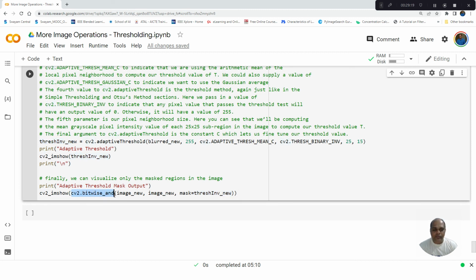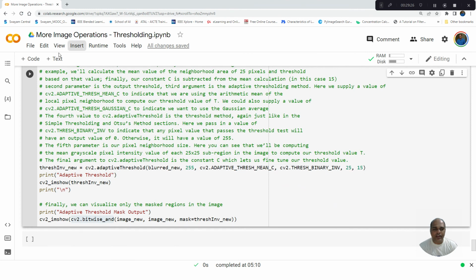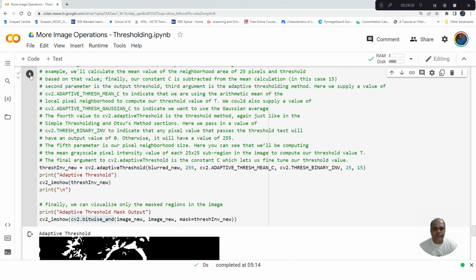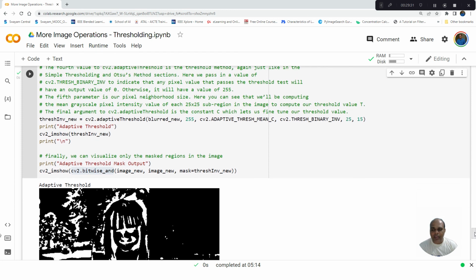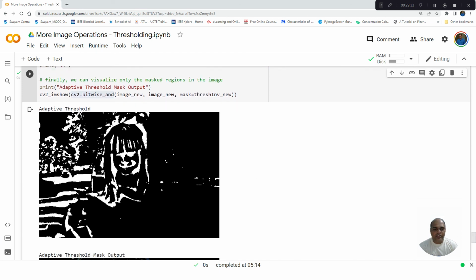When I do bitwise AND with my thresholded image, we try to extract the important portion in our image. So here you see, after applying the adaptive threshold, for each 25 by 25 pixels it has assumed a threshold value. Then it has computed the thresholded image. If I do normal thresholding, what happens? On the right side, most of the regions will be black, right? Whereas here in the case of adaptive threshold, you can see